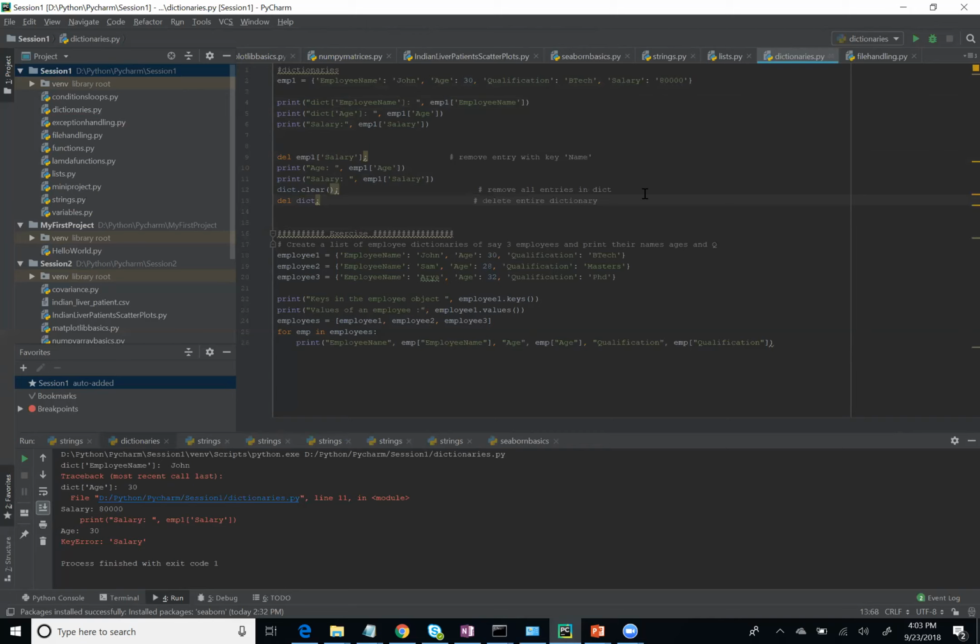It's clear, right? So let's write this particular code. Let's create 3 employees. Before that, just intuitively, this is the design. If anyone says, if I have 10 students, how do I do it? Each student will create a dictionary, and then all the dictionaries will be put in a list. Then we'll iterate through that particular list